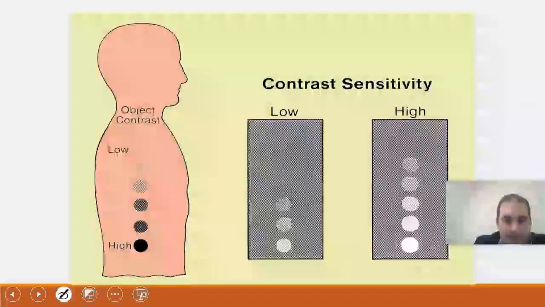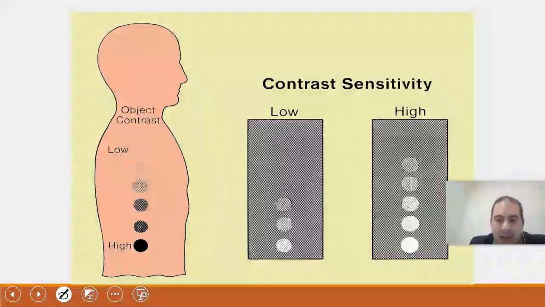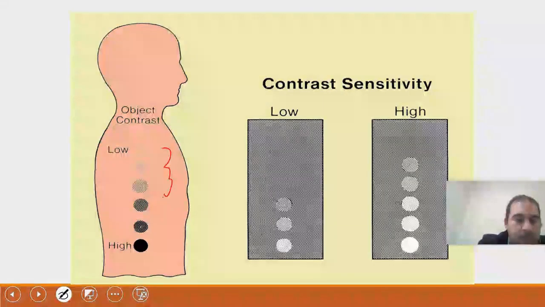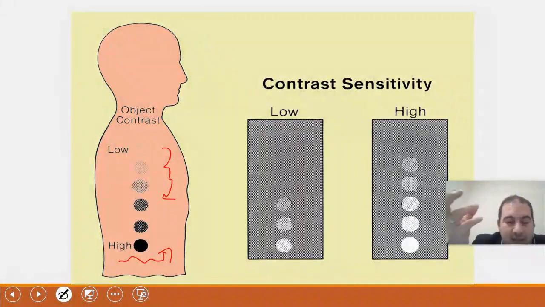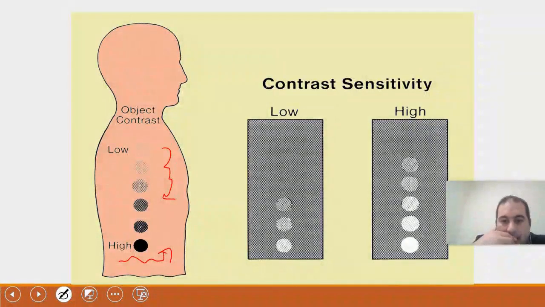Pay attention to one thing. When you reduce the two, who is affected? If you have a low density object, for example, inside the body, a high density object means an object that has a high density. If you have another object that is a high density object, you will find that if your imaging system has